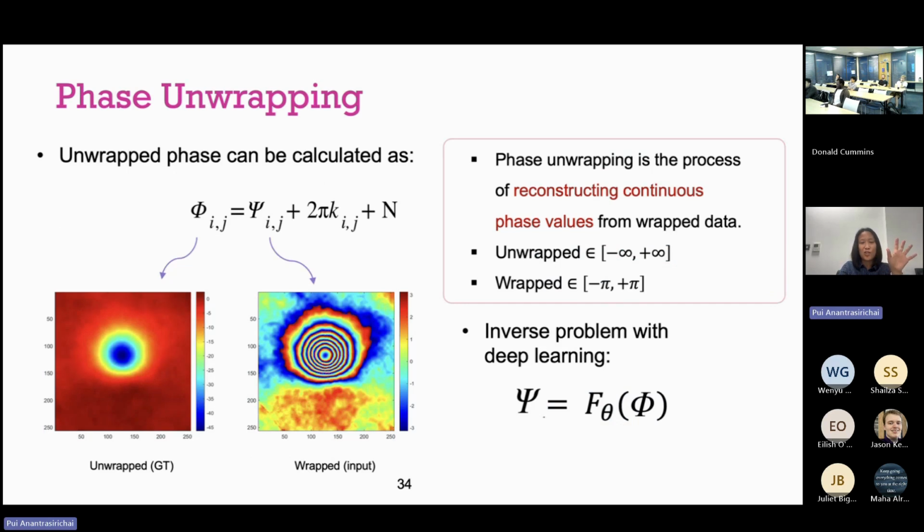I didn't mean to have this, but I think it's quite nice. The last application that we're trying to tackle right now: we got a new PhD student starting to work on phase unwrapping. We want to see if we can use deep learning for this inverse problem. Basically, what we have here is a wrapped input, and we want to see if we can have a network that learns some parameters and is able to unwrap it properly. I would say this is early work, and many people have tried to do that, but it's not very successful using deep learning, because